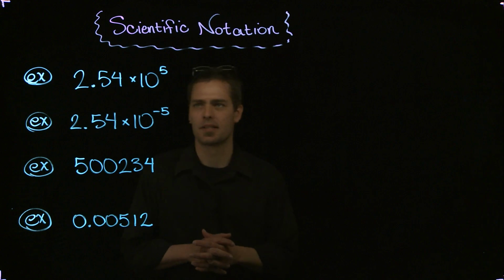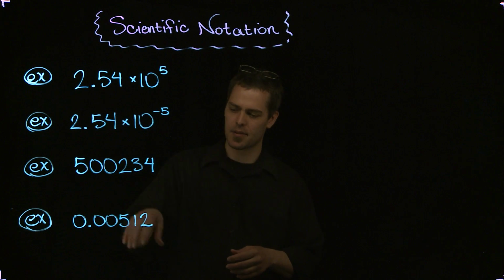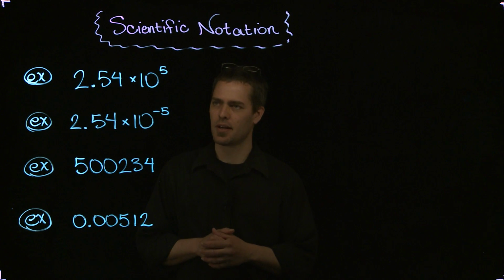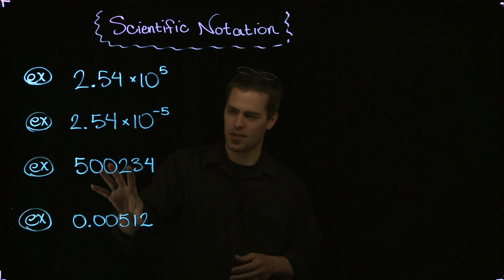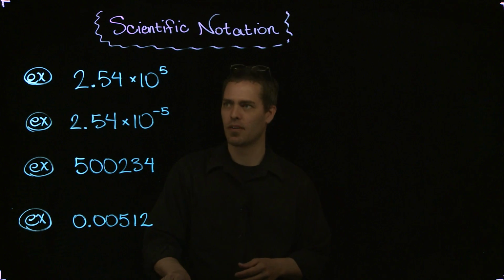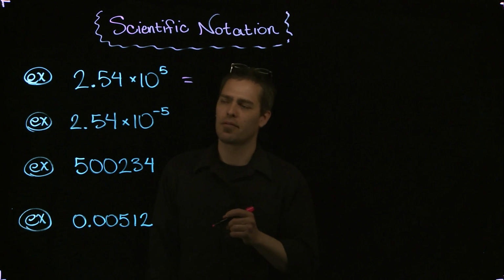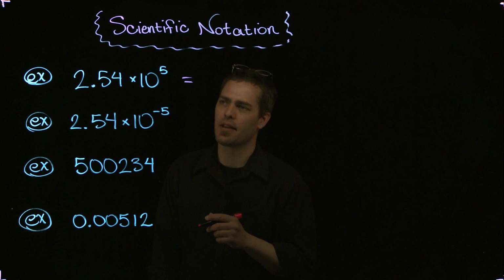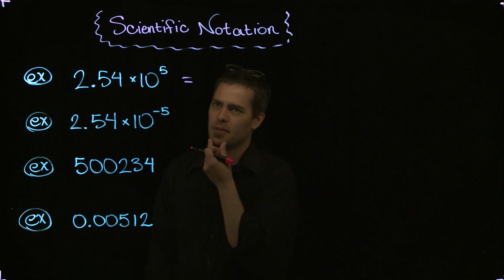I'd like to continue our discussion of scientific notation by simply rewriting these numbers that I have down here first. The first two into their number equivalent and the next two into their scientific notation equivalent. So for the first one, 2.54 times 10 to the fifth, as we were evaluating those powers of 10, there was kind of a nice